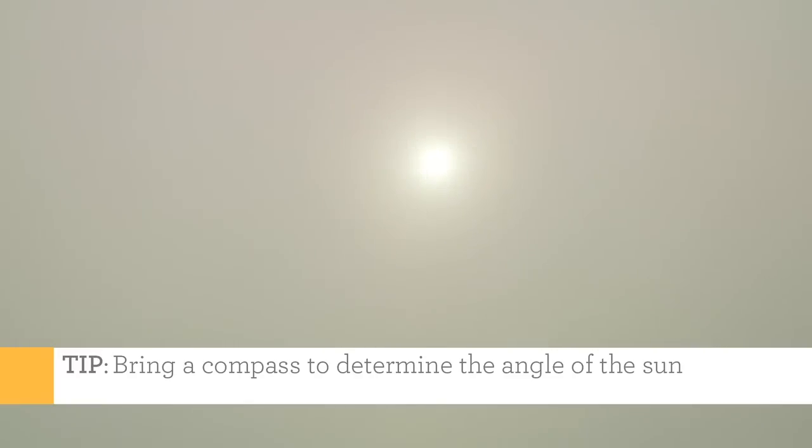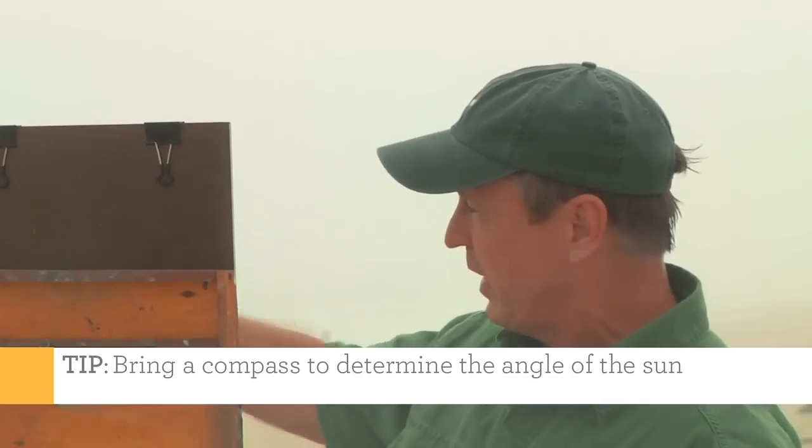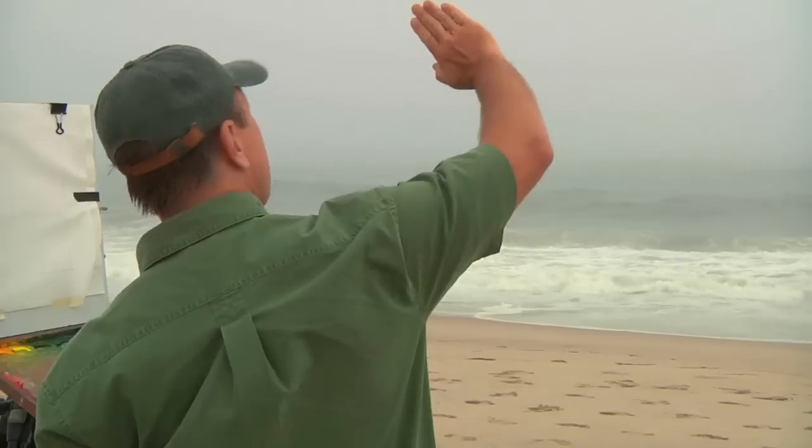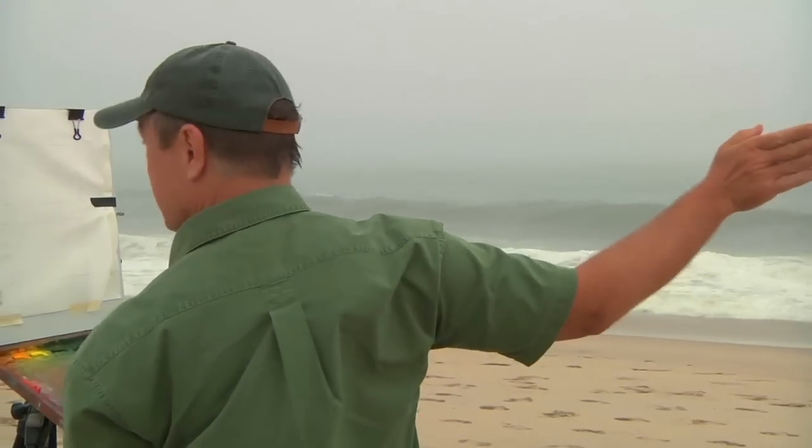So what I've done is I've selected this view back here because it's giving an angular light as the sun is hitting the waves, which is going to emphasize the form in the painting. And because I know it will stay consistent, it's going to arc directly that way. It's going to leave me a pretty good window of time that I can spend to develop the lighting effect